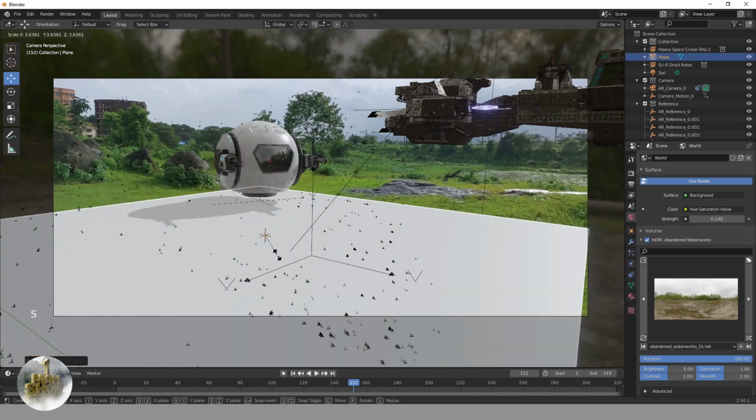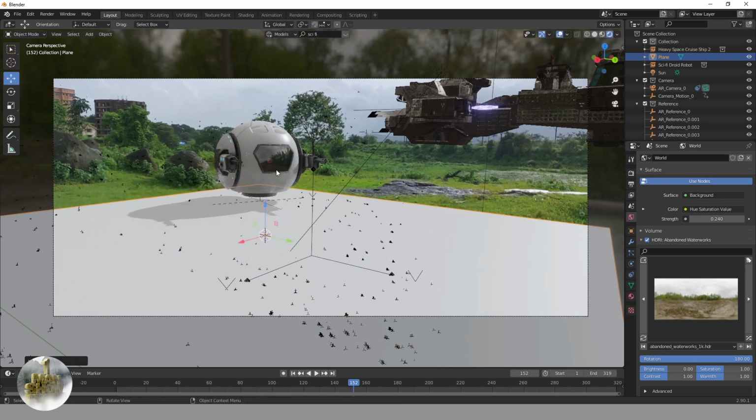Then I added the plane to get the shadow information from our drone on this plane, to get the shadow from the drone on our plane directly. For that, you need to create the shadow catcher material for this plane, which I created watching his tutorial.